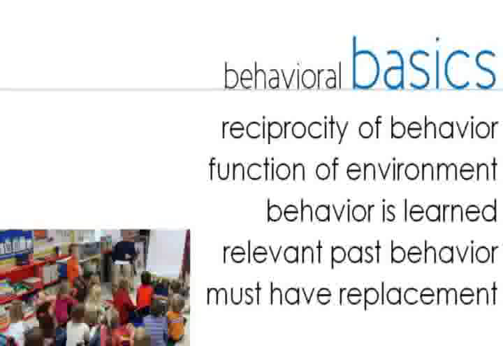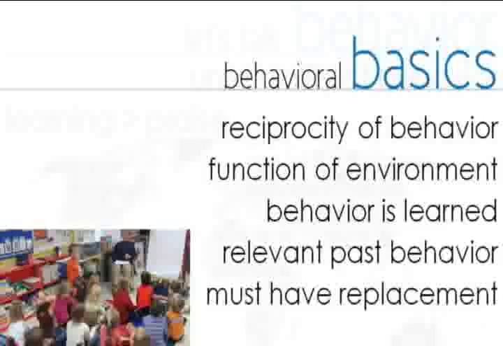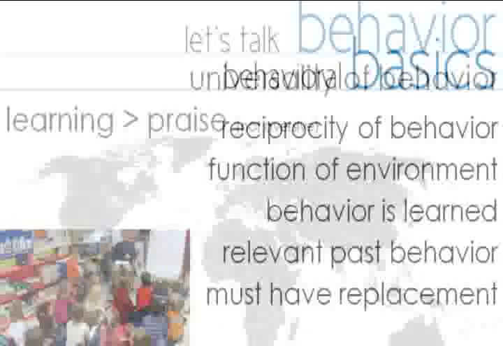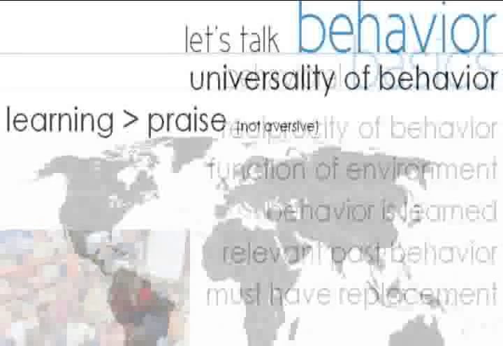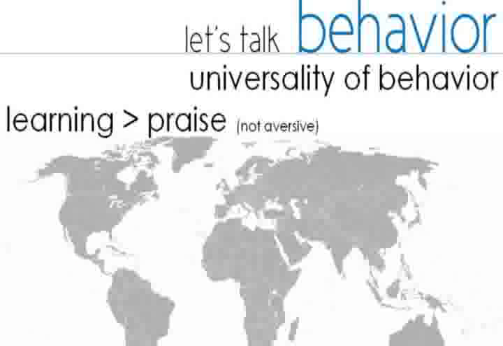To extinguish or put an end to inappropriate behavior, we have to first replace that behavior with something more appropriate. Behavior is not universal; what's accepted in one classroom is different than the behavior that's tolerated in a different classroom. We also need to consider the praise that we give to our students. Learning is hindered when a student is presented with a contingent aversive consequence. Students learn better when they're being taught directly about their behavior